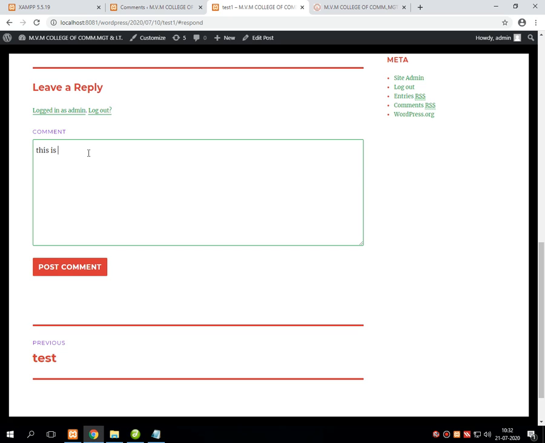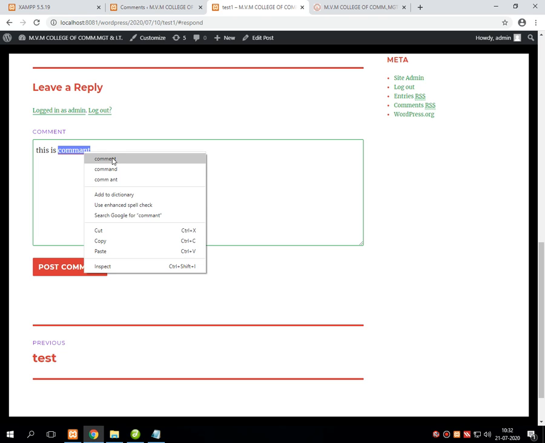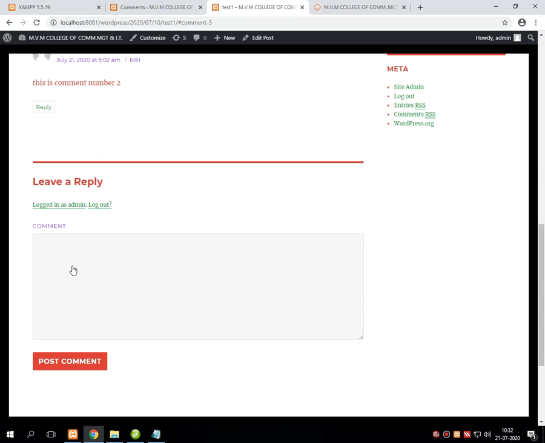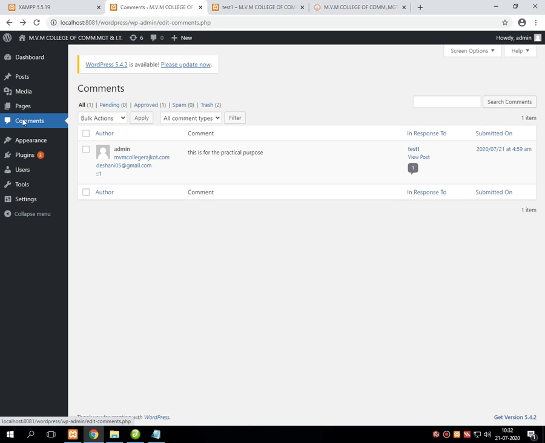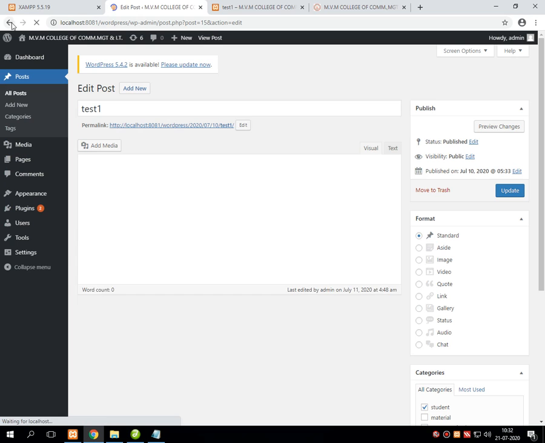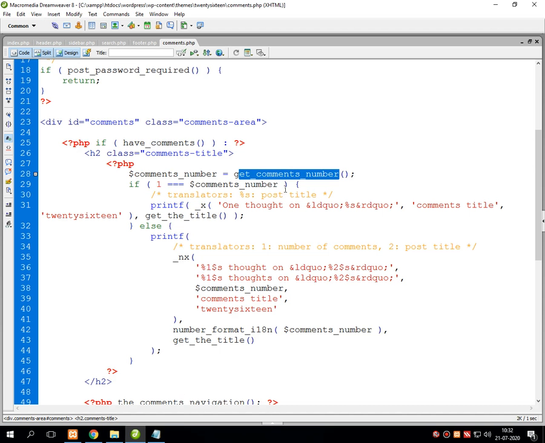Right now I am writing, this is comment number 2, and I am pressing the post button. In the listing of comments, instead of this 1, there is a 2. That means right now there are 2 different comments on the post called test1. So this works by executing the function called get_comments_number.